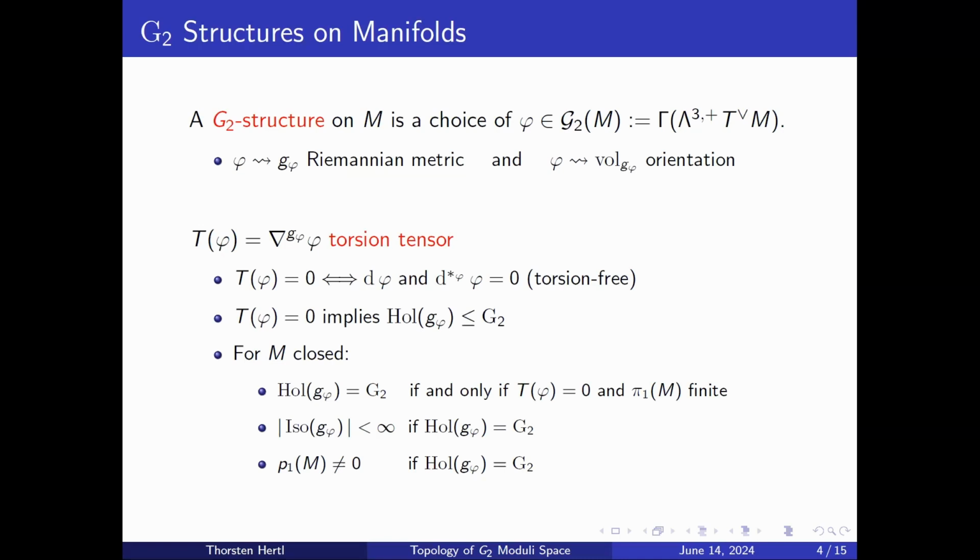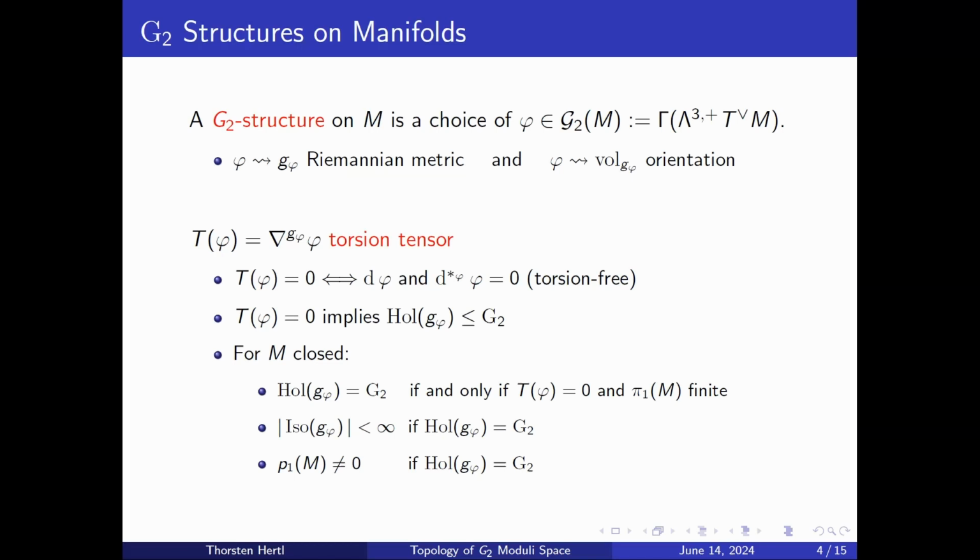Okay, so if this torsion tensor vanishes, then the holonomy of the underlying metric is contained in G2. But we are not interested in subgroups. We want to study metrics where the holonomy group is the entire G2. And for closed manifolds, we